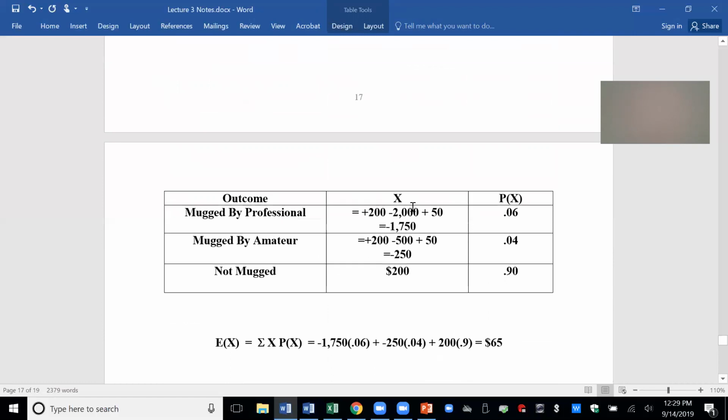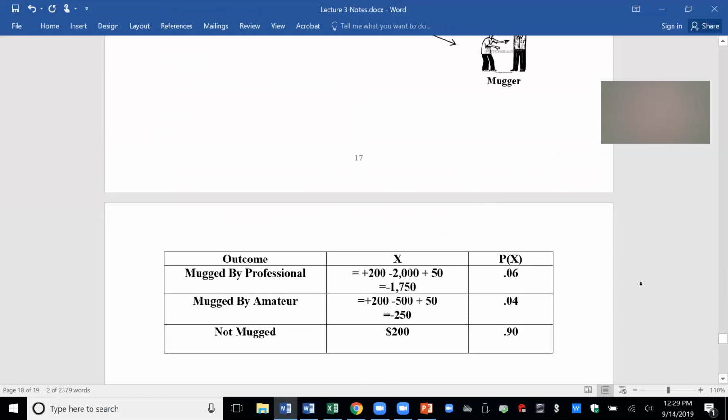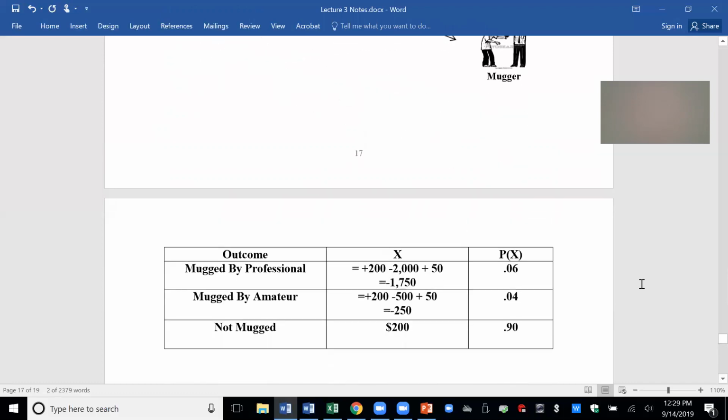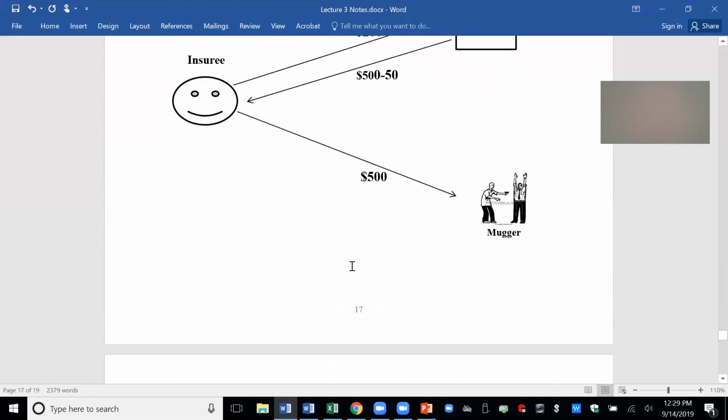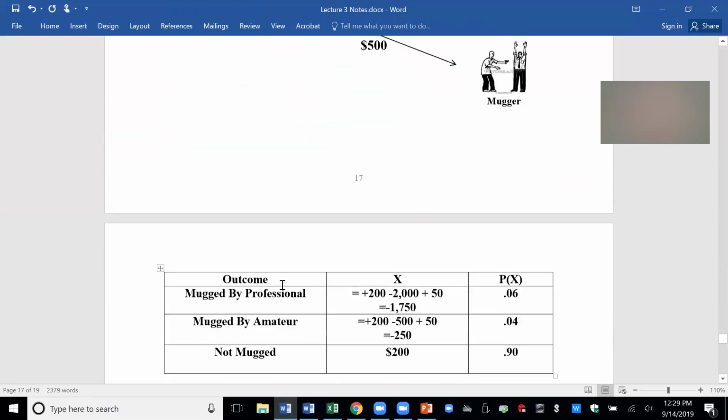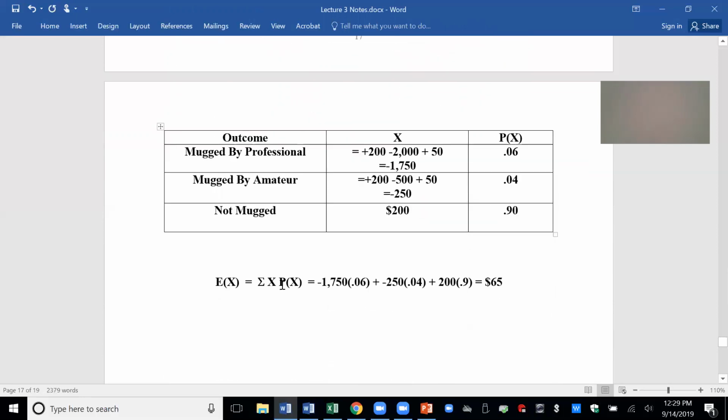So now, probability times value, probability times value, probability times value, and we get that we're going to make an expected profit of $65 per policy. And this is exactly how we determine the expected profits from any insurance policy that you have. It's all done through the basis of expected value. The two biggest industries that make every decision based upon expected value, we've done examples of both today. They're the gaming industry and the insurance industry.